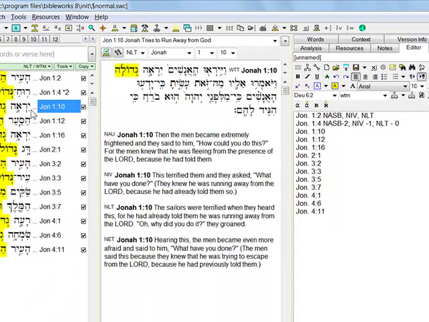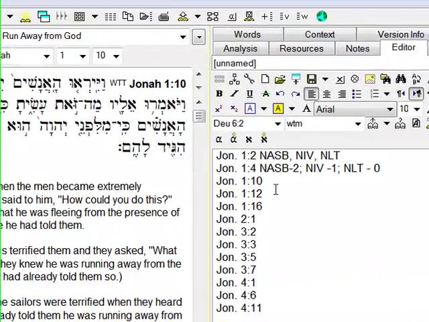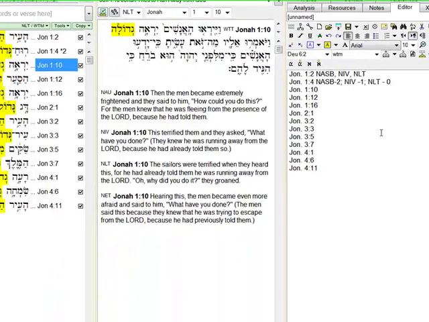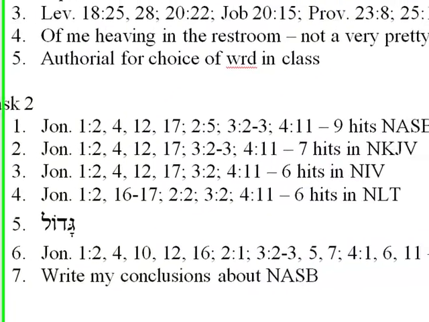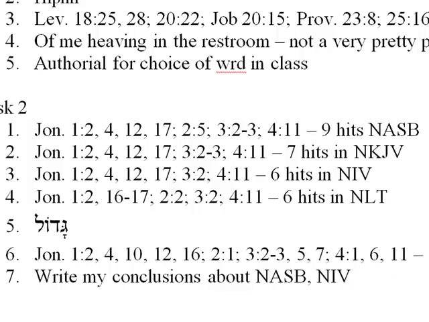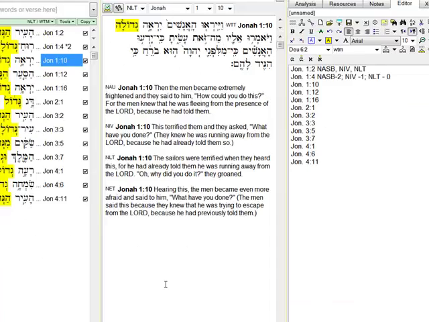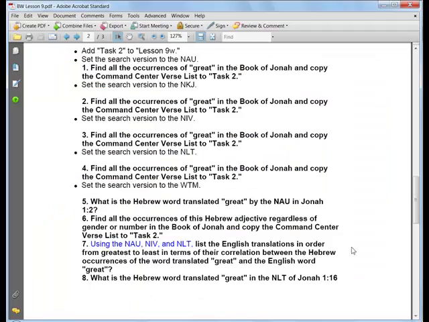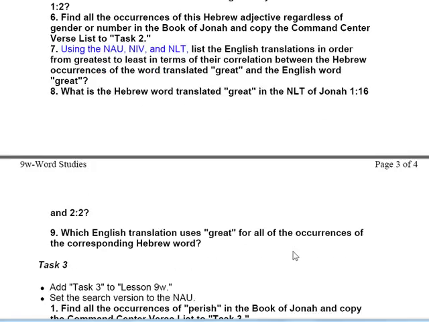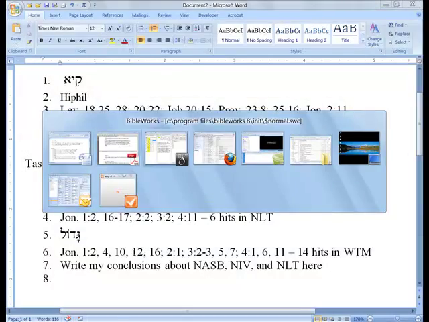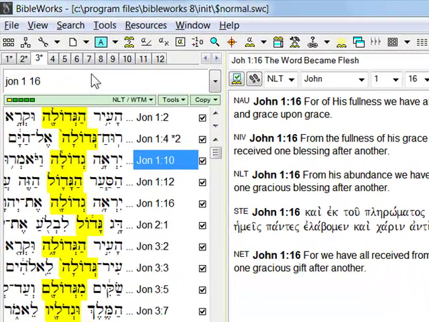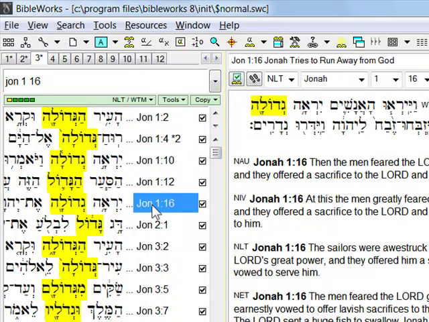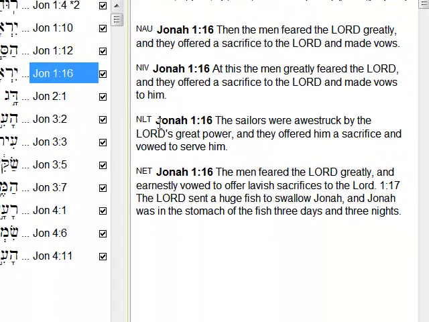Jonah 1:10, and I will do this for the rest of these, and then would count up the number of NASBs, count up the number of NIVs, and count up the number of NLTs, and write my conclusions about NASB, NIV, and NLT here. Number 8, coming back. What is the Hebrew word translated great in the NLT of Jonah 1:16 and 2:2? Okay, so Jonah 1:16. Oops, Jonah 1:16. Let's see here. In NLT, we're